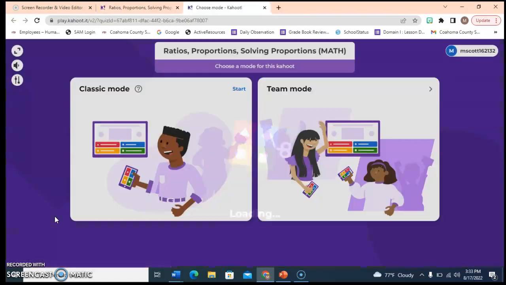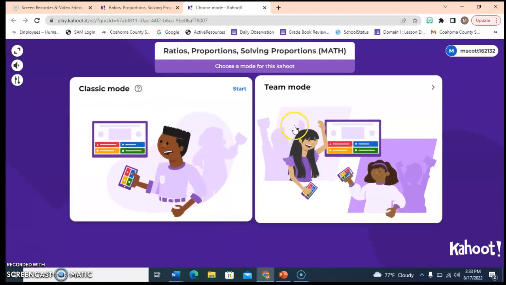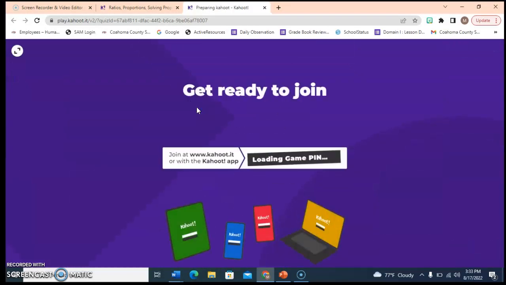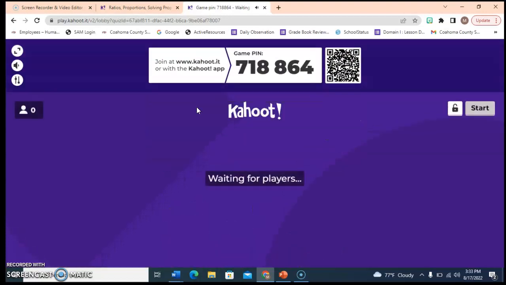So once you get with Kahoot and you get started, what you do is you hit classic mode or team mode. So if I hit classic mode, what it does is it gives everybody the code that you would need to join, or you can use the QR code and it will allow you to join as well. So these are ways that I use Kahoot. So now once everybody has joined, then you're able to play, and they can answer questions, and then you can see who the winner is and everything else. All right,